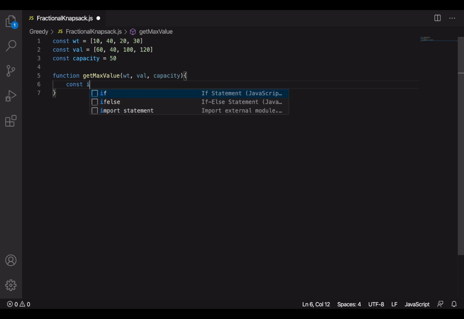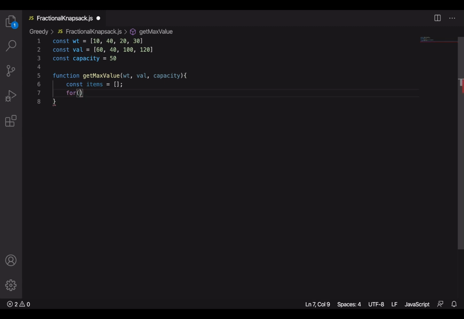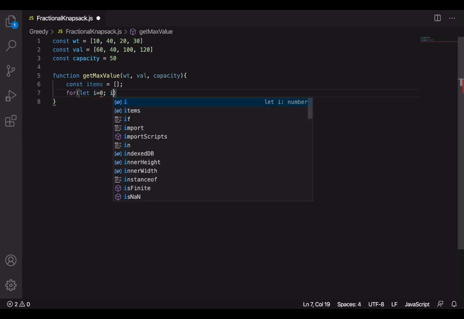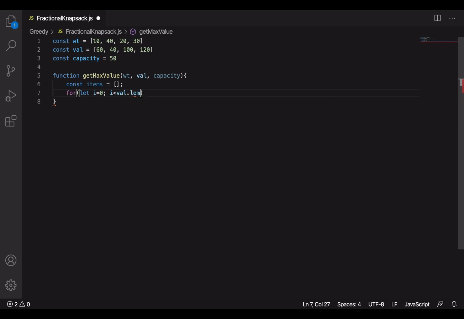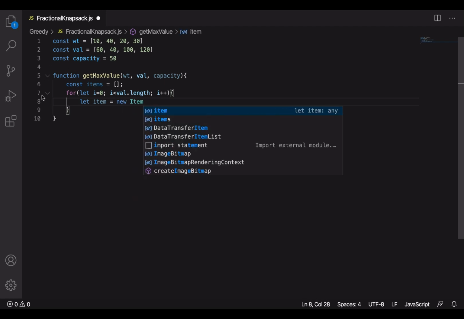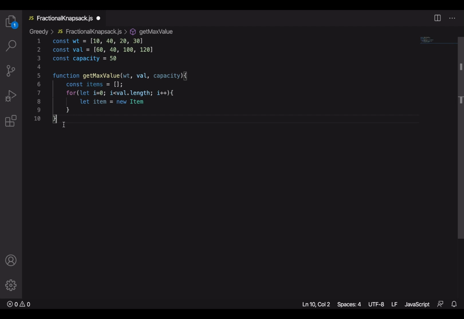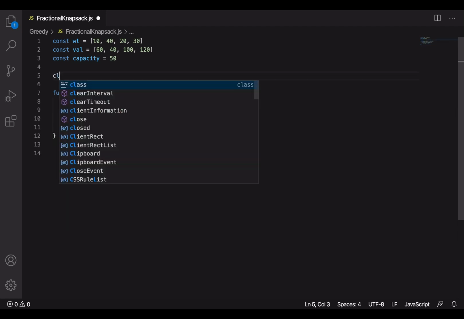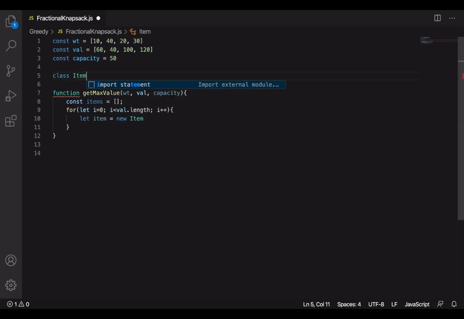And here we will create an item type array that will store every item with its value, weight and calculated cost. So it will start from 0, go till length of this weight or the value array and increment each time. And in this array let's fill the items. So here we will fill the item, but before that we have to create this class item as we haven't created it yet,